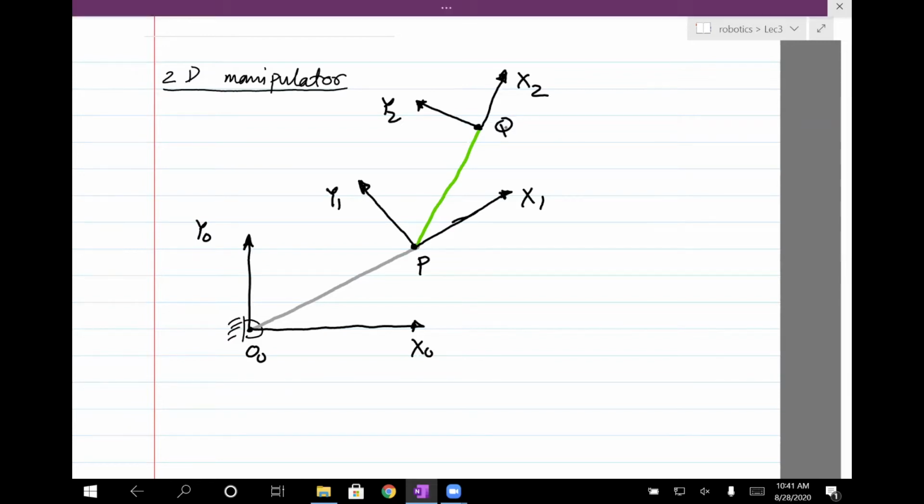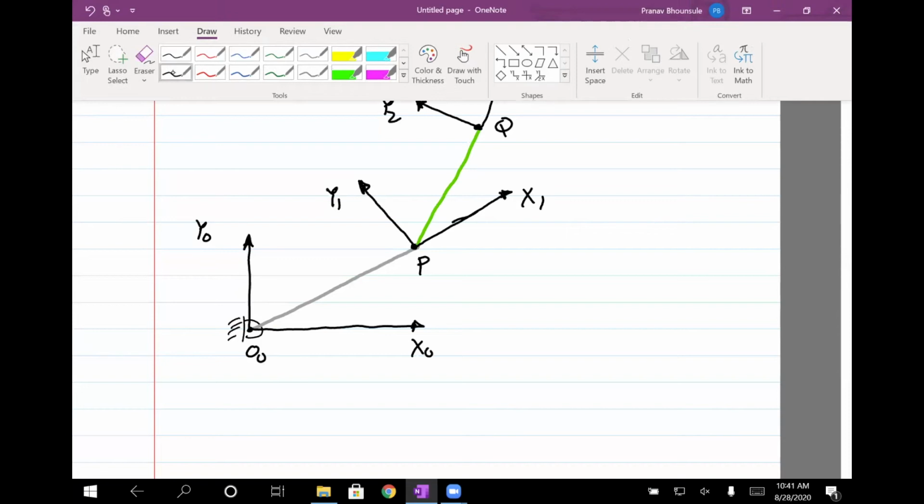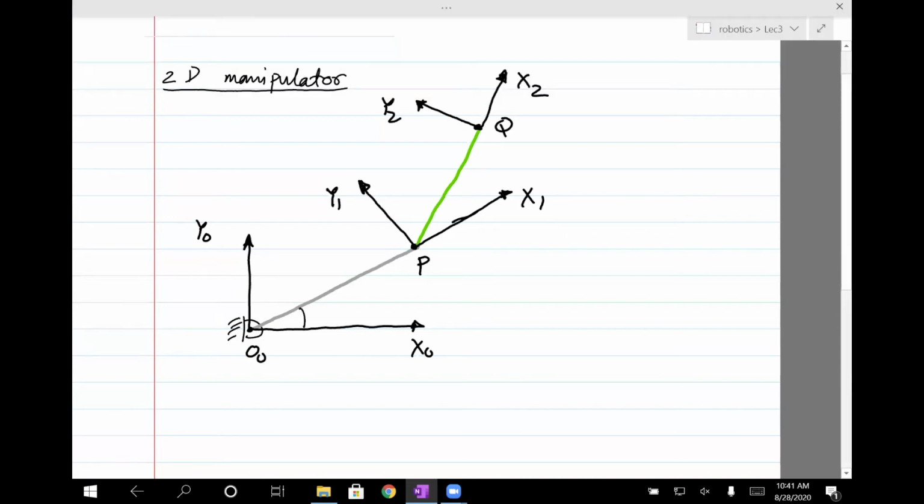Okay, let me now draw the angles. Theta 1. And since x1 is along link 1, this is also theta 1. And this angle between x1 and the link shown in green is going to be theta 2. Okay, so with that, I think I'm ready to